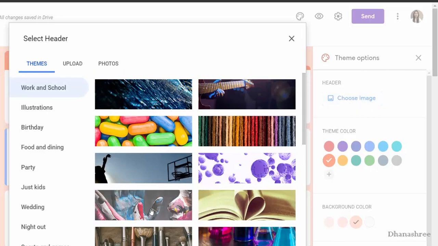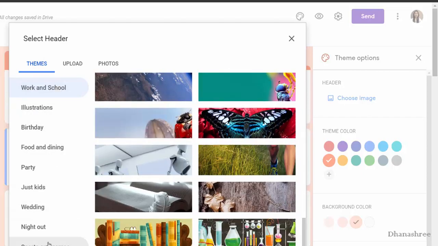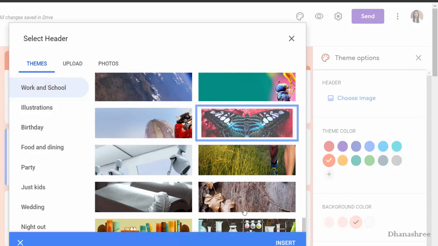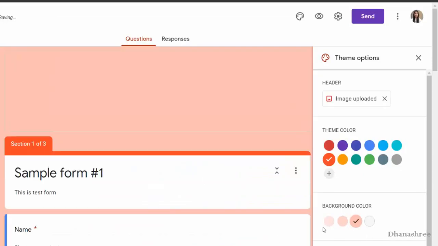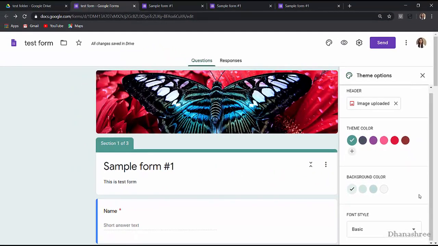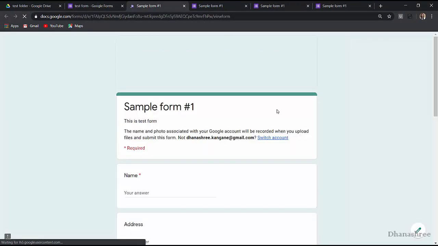Here you can see various images are available based on various categories. If you want to add your own image, you can go to the upload option. Let's say I'm selecting this. You can also change font style, and now your form will look like this.